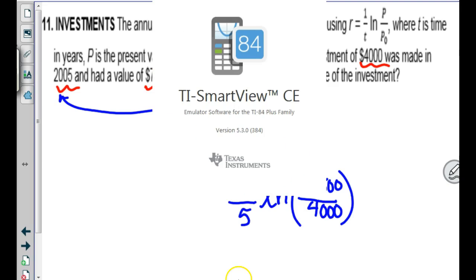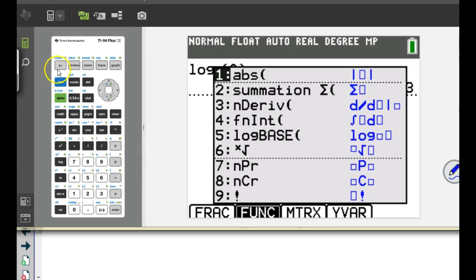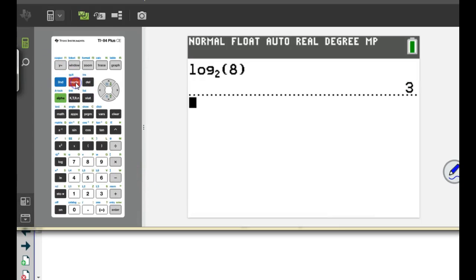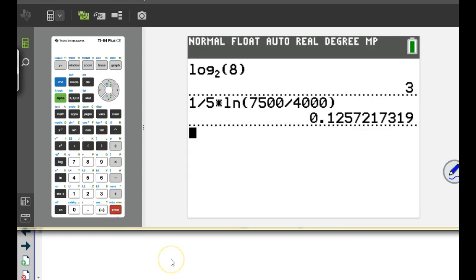And I unfortunately turned my calculator off instead of just minimizing it. All right, I already forgot what it was. 1 divided by 5, is that right? And then times ln of, was the 7,500 on top? Divided by 4,000. Anybody get that? Yeah. Okay,